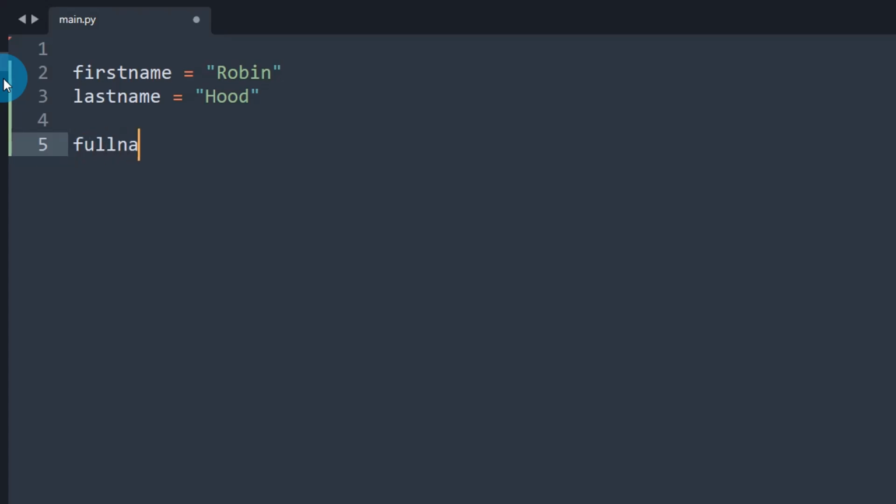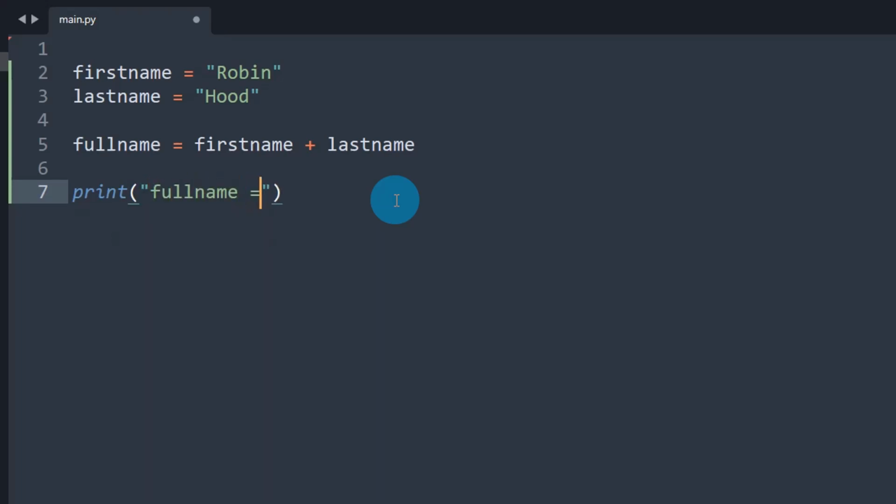Full name equal first name plus last name. That's it. You just need to use the plus operator to concatenate two strings. Yeah, the plus operator is applicable for adding two numbers, as well as it can be used to join two strings like this. Okay. Now let's print